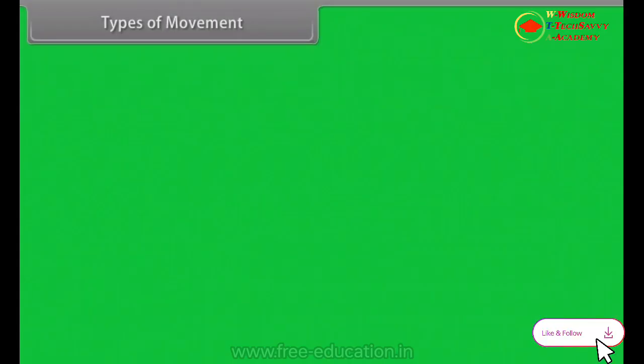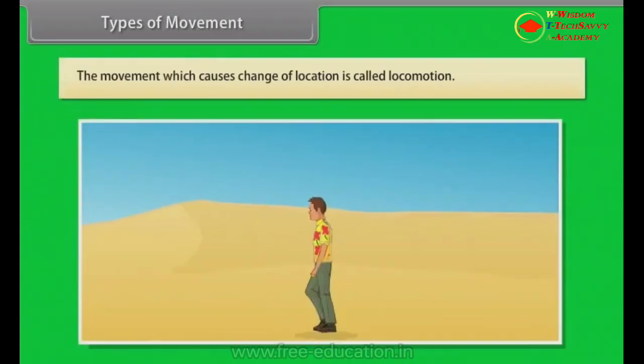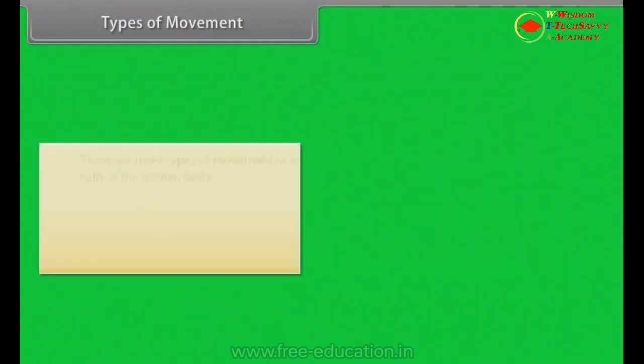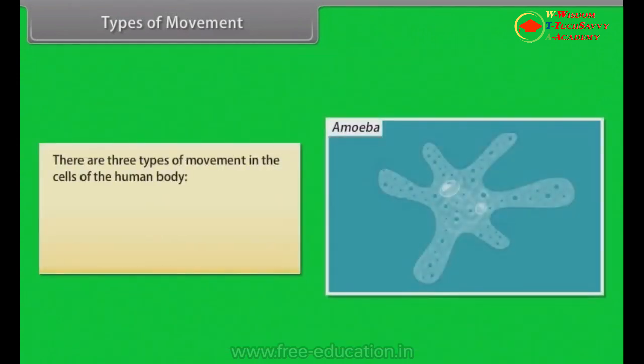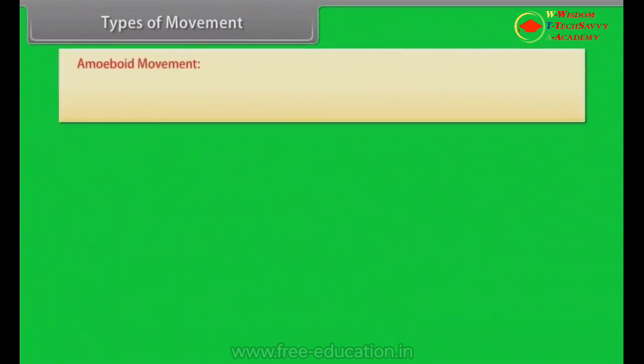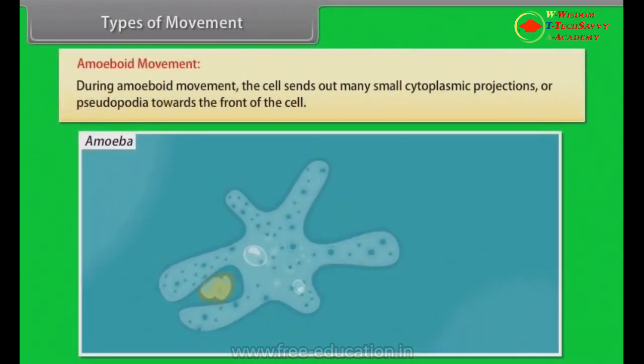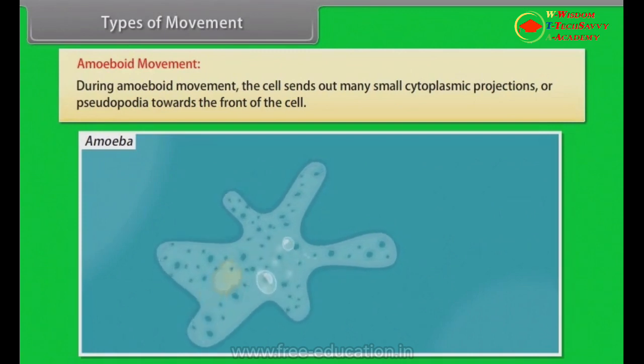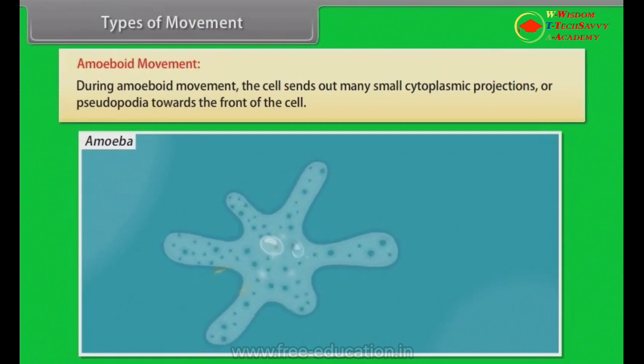Types of movement. The movement which causes change of location is called locomotion. There are three types of movements in the cells of the human body: amoeboid, ciliary, and muscular. Amoeboid movement. During amoeboid movement, the cell sends out many small cytoplasmic projections or pseudopodia towards the front of the